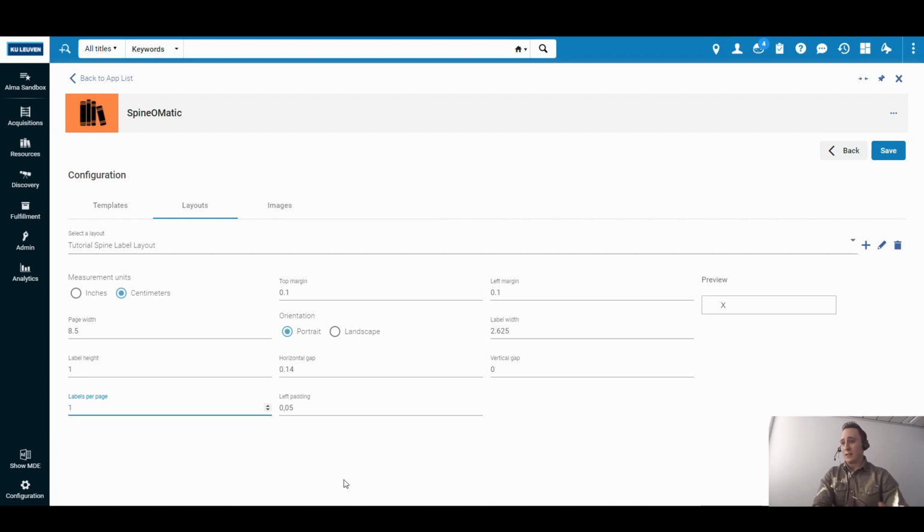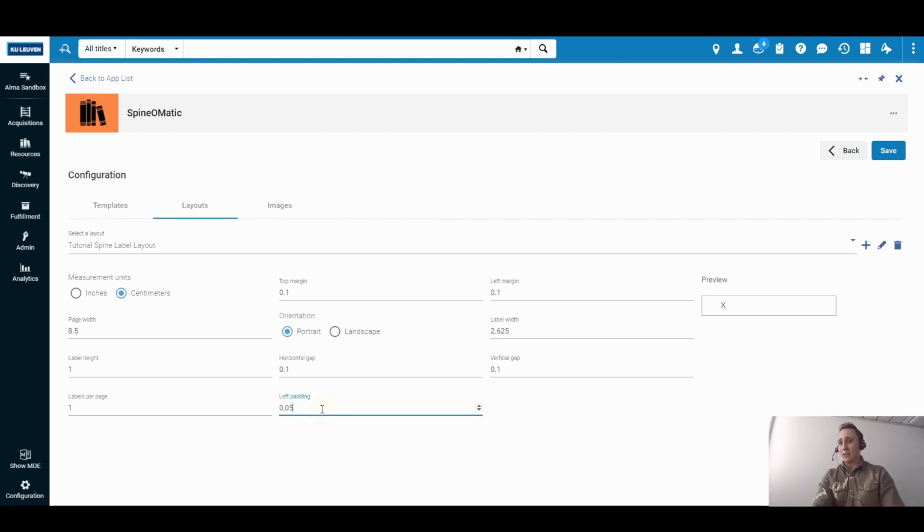And then we have the characteristics of your label. So this is the horizontal gap. So this is the distance between your labels, but this counts only if you have more than one label. So this is the horizontal distance between the two labels, and this is the vertical gap, so the height difference between the labels. And this again I set it to 0.1. So the top and left margin, the horizontal and the vertical gap, I always set it to 0.1 to have full control over it.